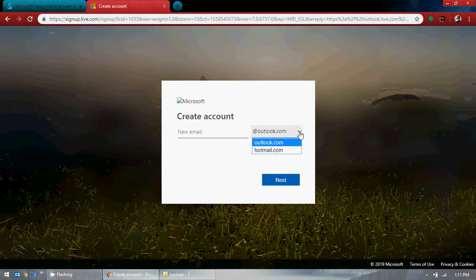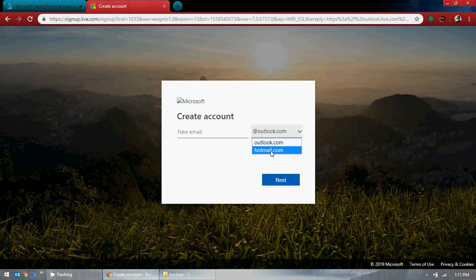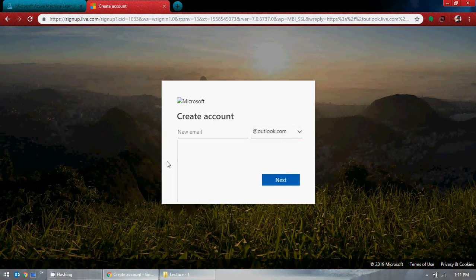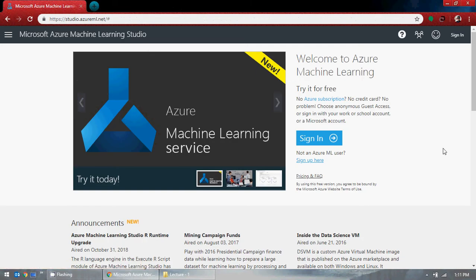We are not going through this because I already have it. You have two options: Hotmail or Outlook. I'll go to Outlook and create an email ID. You can create an email ID from Microsoft. Once you have done that, that's very important. If you don't have one, you have to create one. Now let's assume that you have already created or you already have one. That's fine. Now we'll go here,